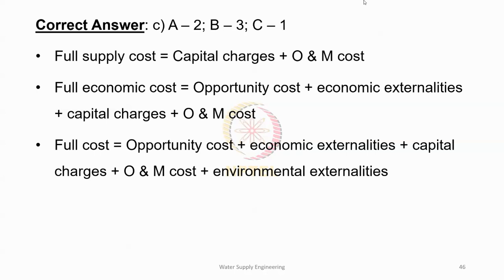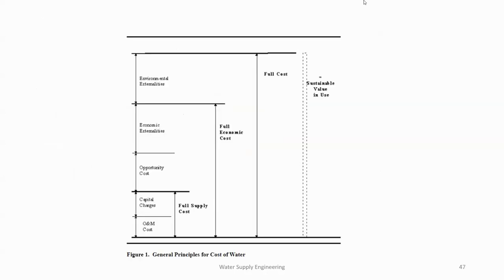And full cost is equal to opportunity cost plus economic externalities plus capital charges plus operation and maintenance cost plus environmental externalities. So whatever equations we have mentioned, that is clear from this particular figure, that is, if you see,